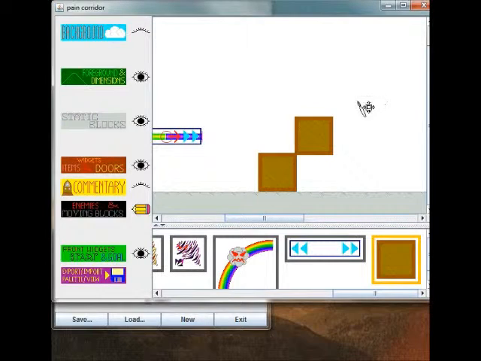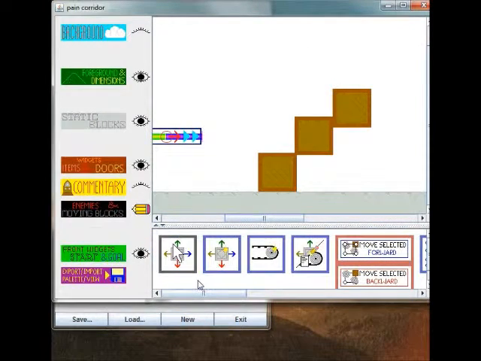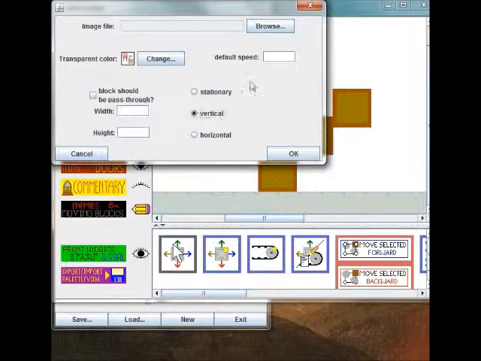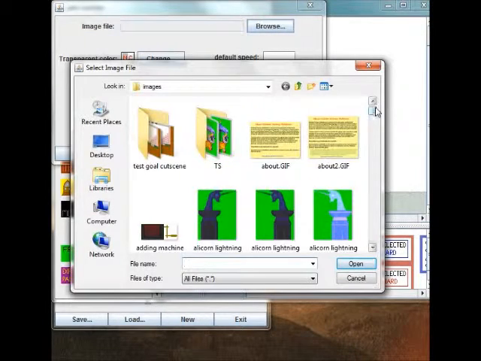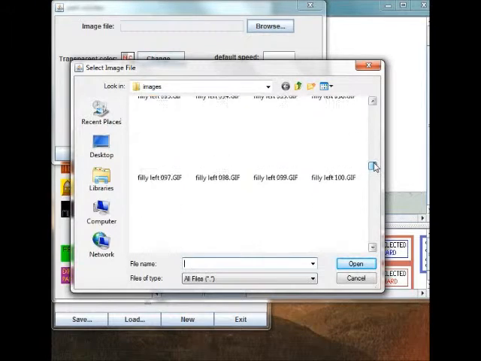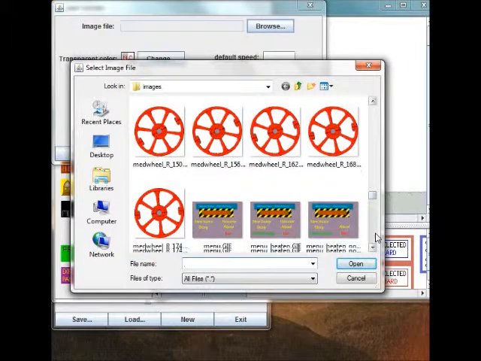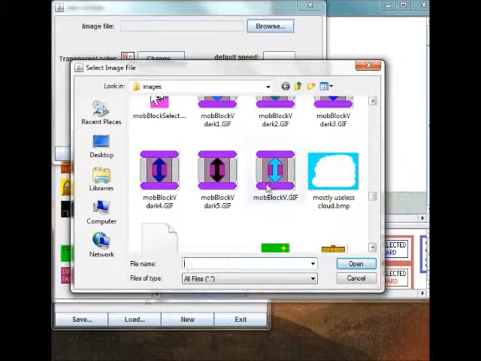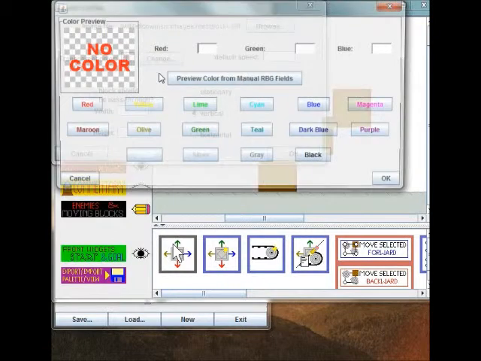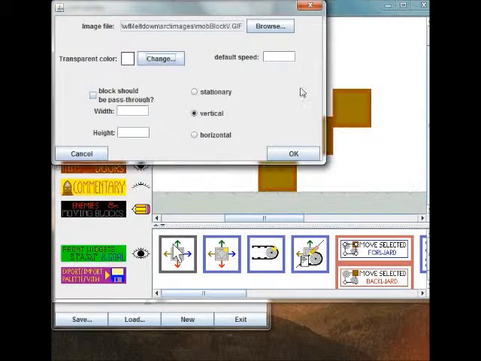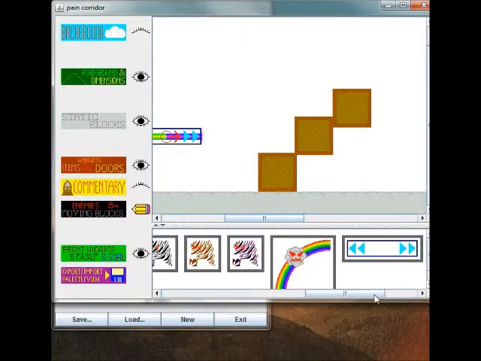And you can just put these wherever. It doesn't have a minimum or a maximum because, well, it's not moving. And I think I'll make another one here. One that moves vertically. And this time I'm going to make it solid and use one of the boxier ones. Transparent color set to white. Default speed 4, 70, 70. Click OK, and